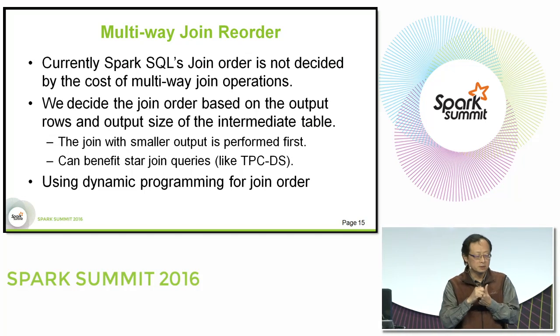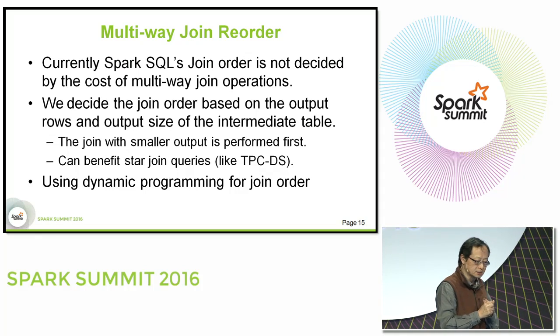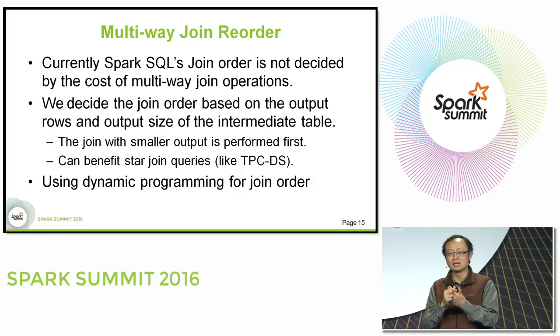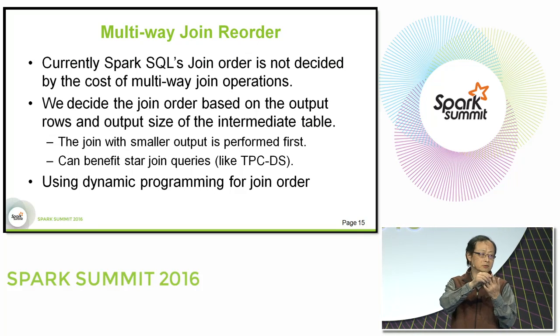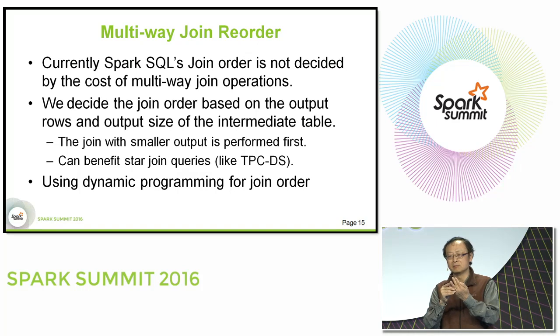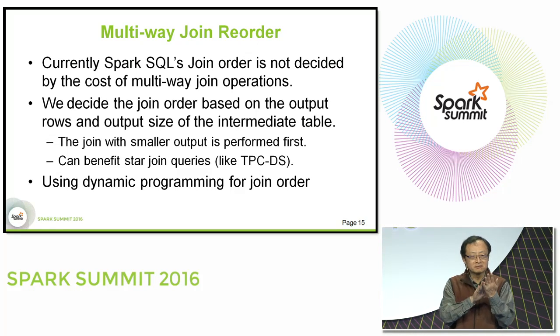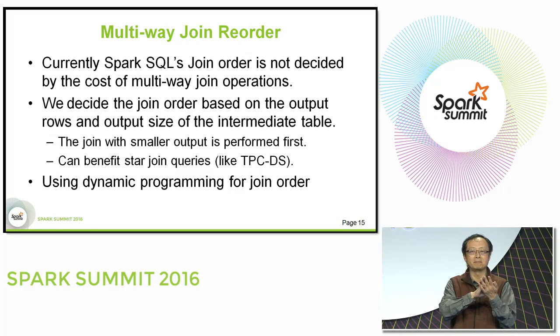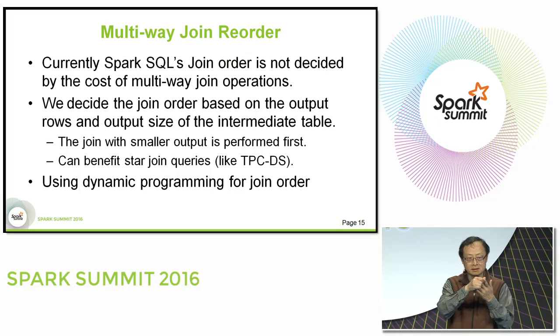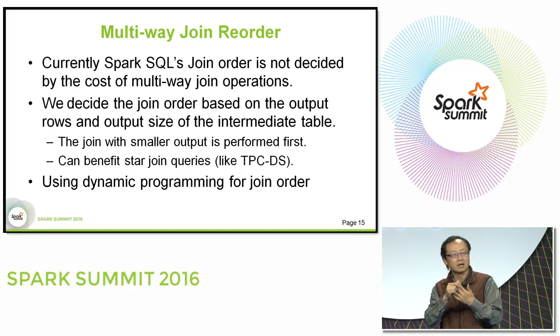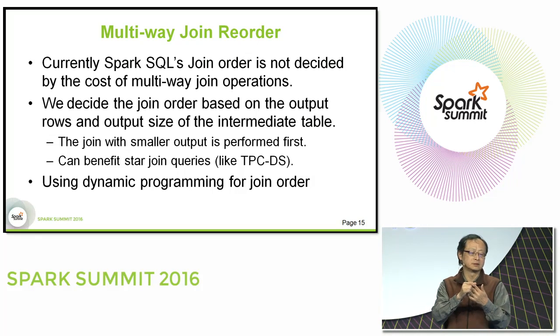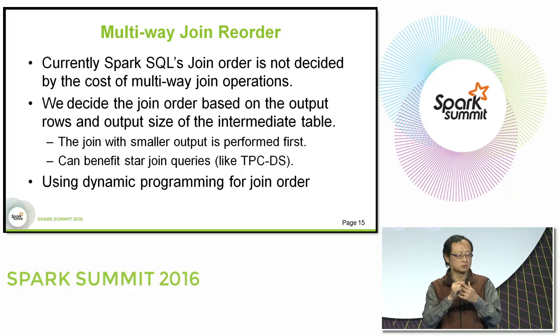Okay, and we notice that for the TPC-DS benchmark, because the database itself is a typical star schema, you have a fact table in the middle and then join with other dimension tables. So actually, it's very easy. You can perform the join between the fact table and any dimension table first. The key is to find out the output size of each join and then perform those joins with a